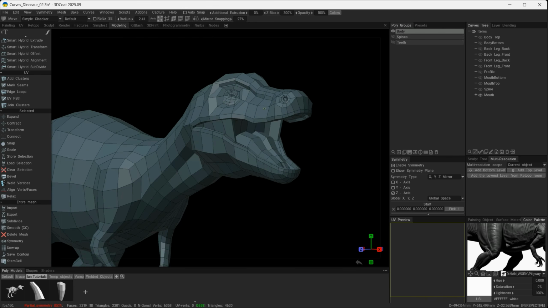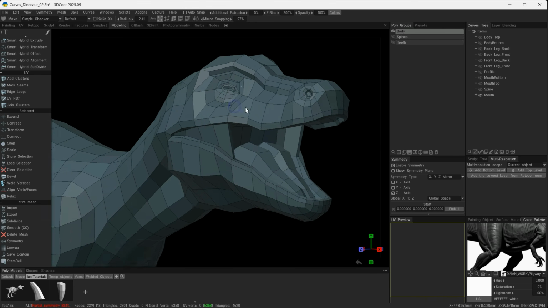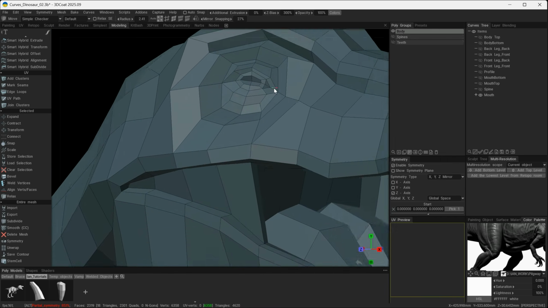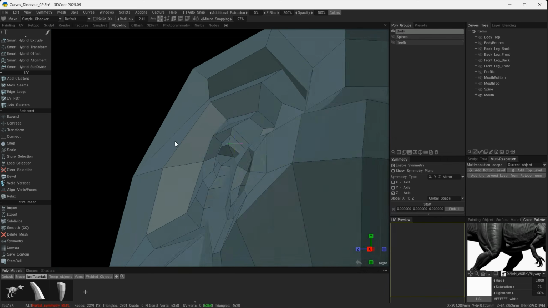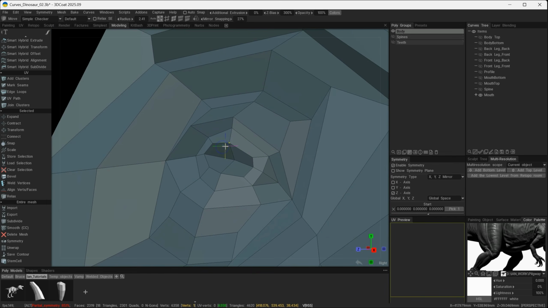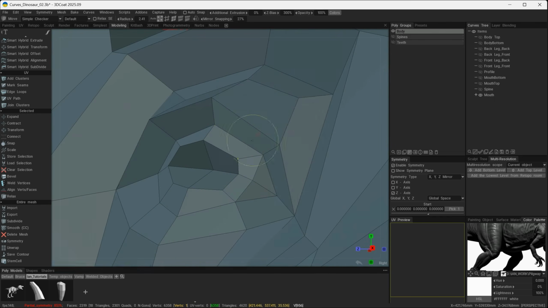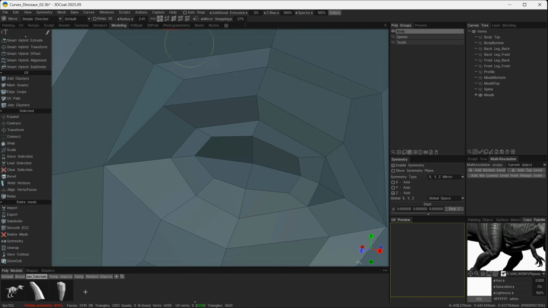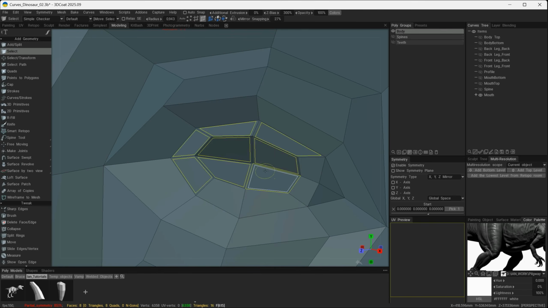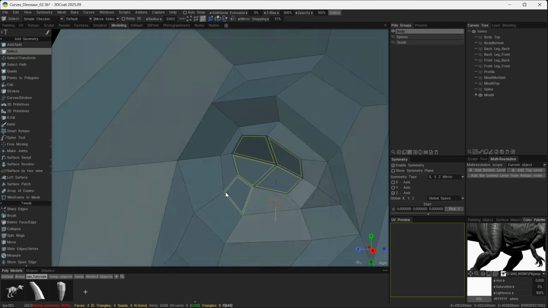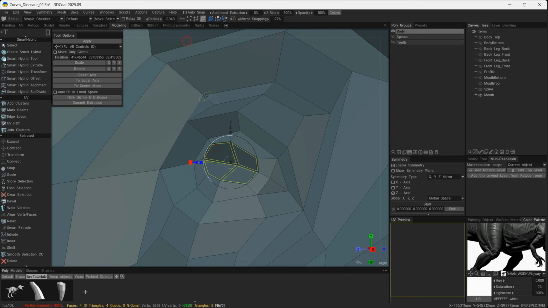So the last part of this section here is I'm going to just do a little bit of more work on this eye shape here. It's not defined very well, and we can just push it a little bit more. And then I'm going to move over to polygons here, and we will select these polygons here, here, here, just for the eye. Let's go to transform,